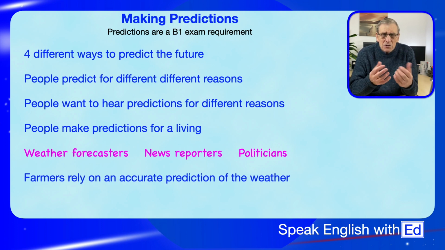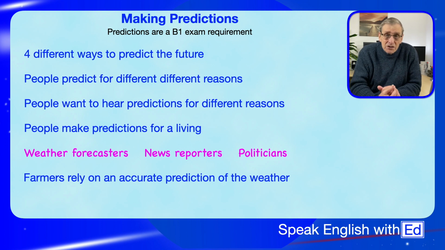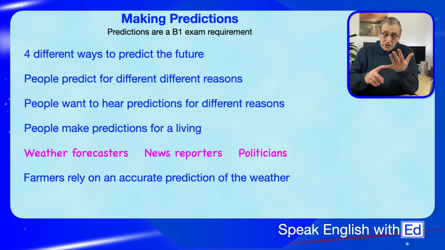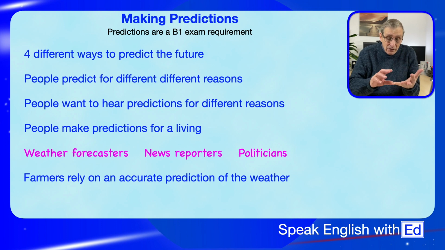Now, there are some people who depend on predictions for their living. Farmers, for instance, depend on knowing what the weather's going to do so that they can know whether to sow their crops, plant their crops, turn the animals out and it not be a cold night for them, when to harvest their crop. Farmers need to know about the weather. So do fishermen. Fishermen go out in the boat in the sea. They need to know if there's going to be any storms about so they can avoid going out in really, really bad, dangerous weather. So predictions are important to a lot of people.